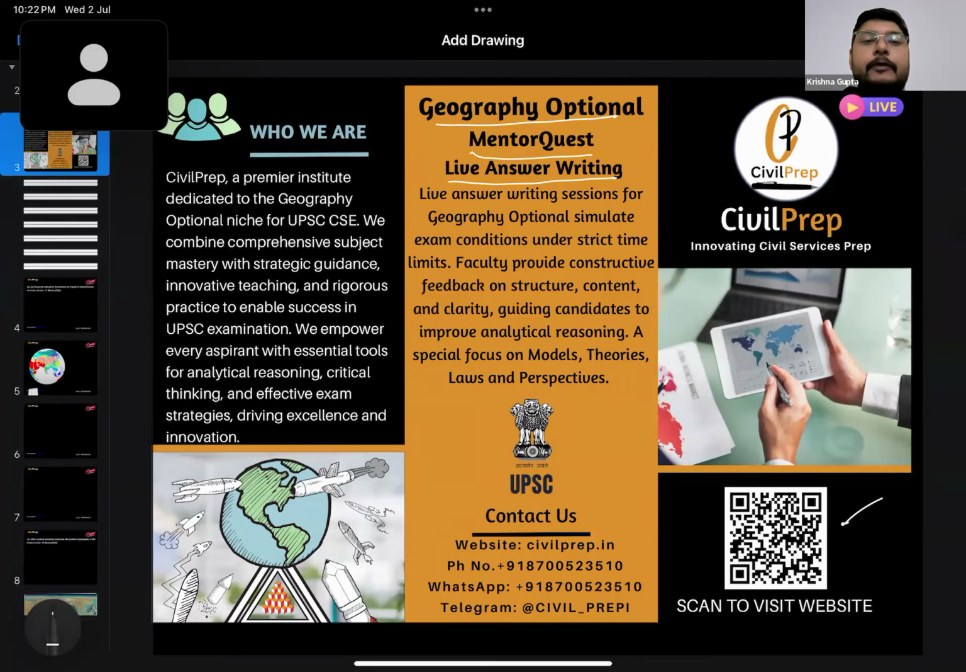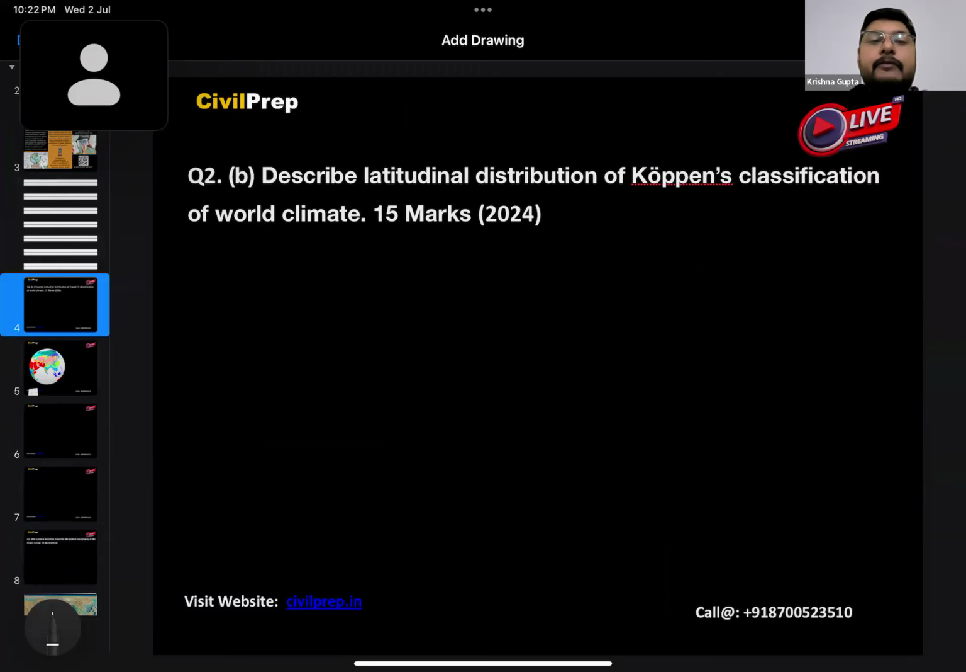Now, let's move to the question. This is a question asked in 2024 for 15 marks, where it is asking to describe the latitudinal distribution of Köppen's climatic classification of the world climate. Okay. So, here, if we make an analysis,